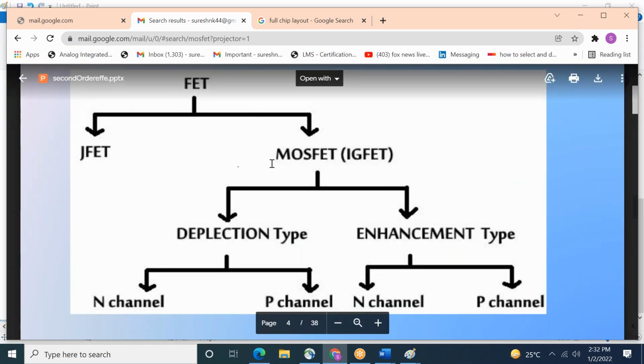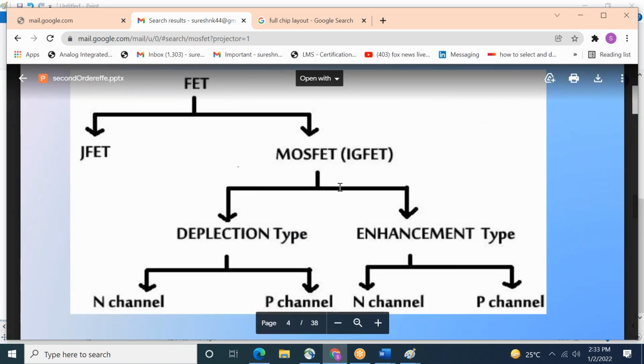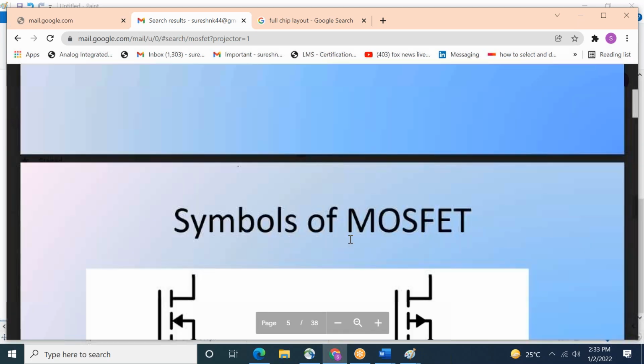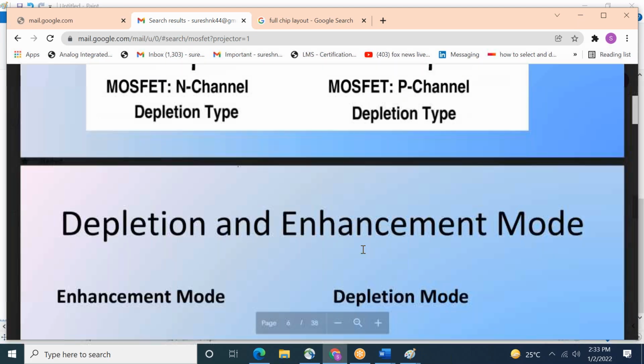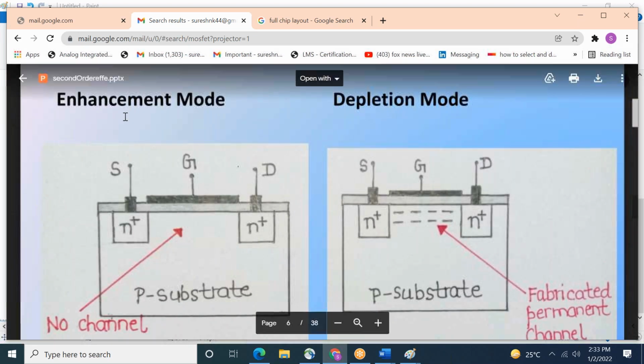So if you see where this MOSFET comes from, it comes under the FET family, field effect transistor. In this transistor family, one is JFET, the junction type, another is MOSFET. Again, MOSFET is divided into two types: one depletion type, one enhancement type. Depletion means the channel is already there, but in the enhancement type the channel is not there previously.